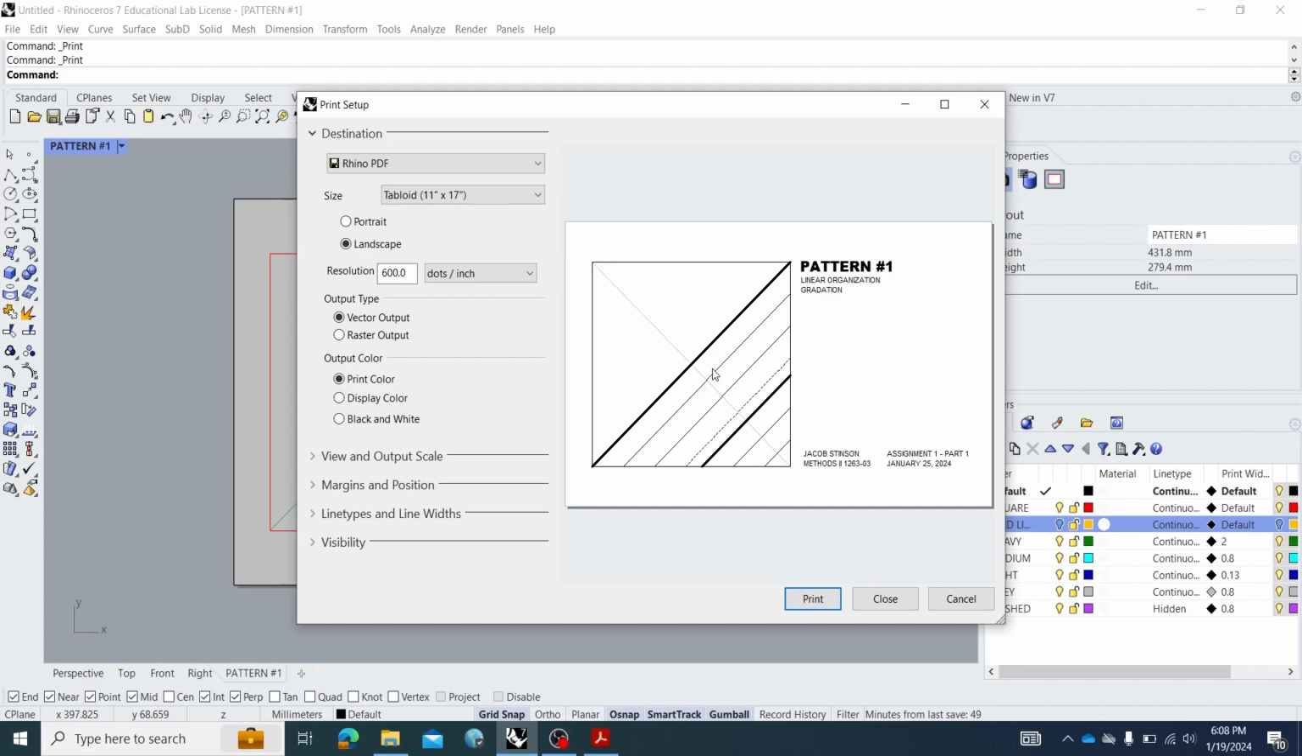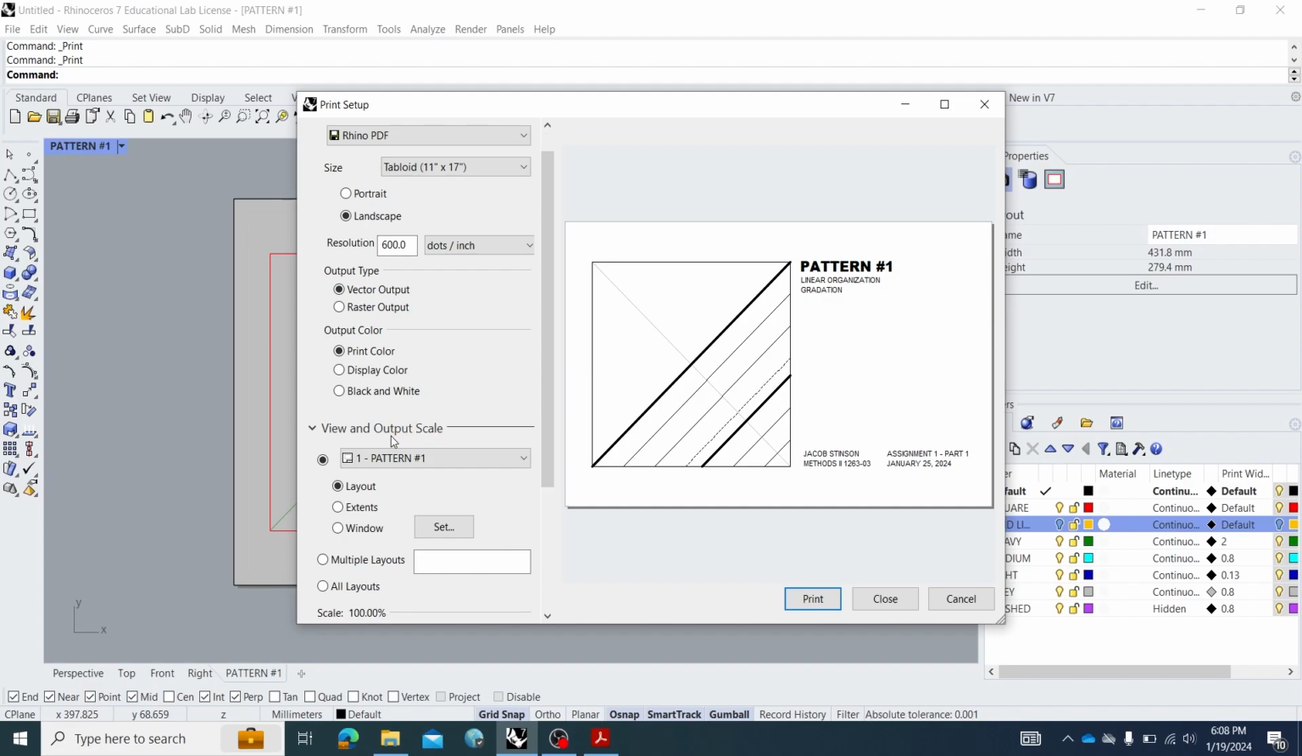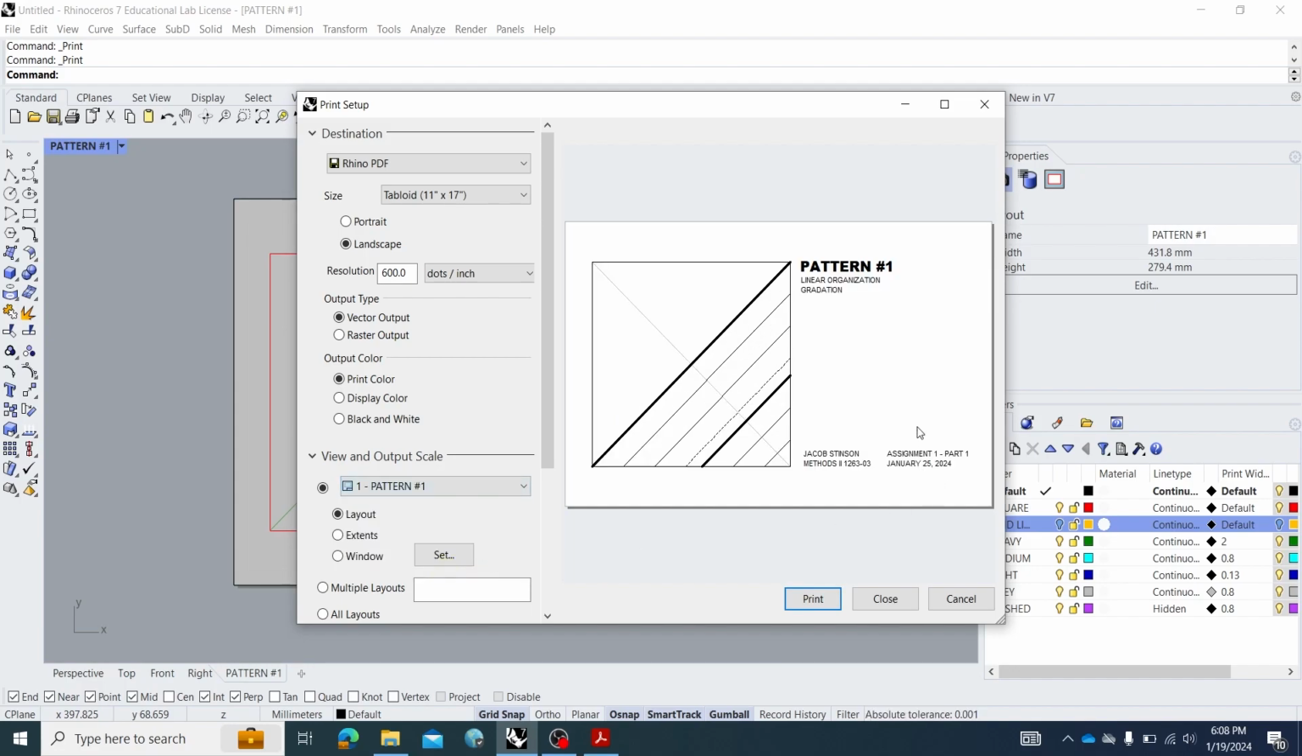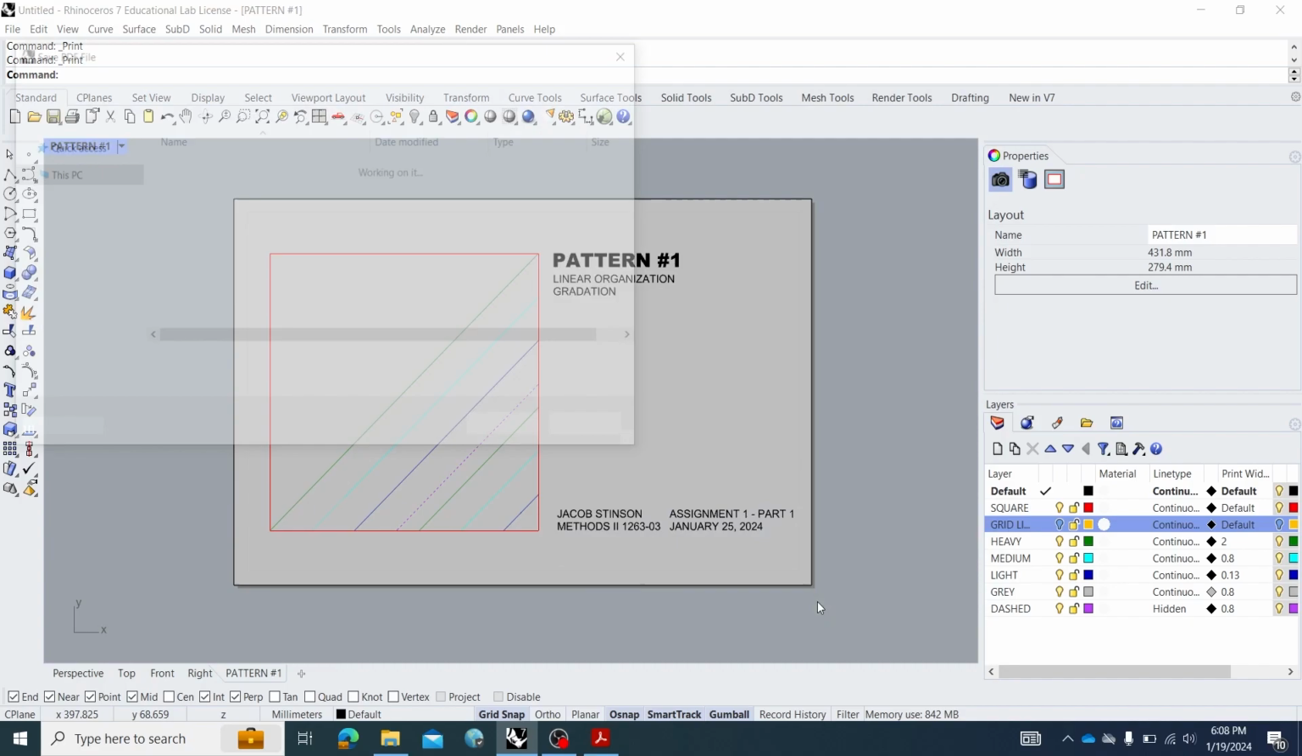You'll also notice that we're now printing on that 11 by 17 layout, which was determined earlier. And we can double check that by looking over here and seeing what view we were looking at. If we were to go back to that top view that we were looking at earlier, it's just floating in space, not bounded by anything. But if we go down to the layout that we created, which was pattern number 1, we'll see the layout that we created. So I'm going to click print,